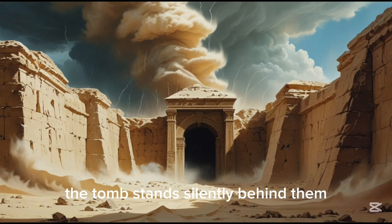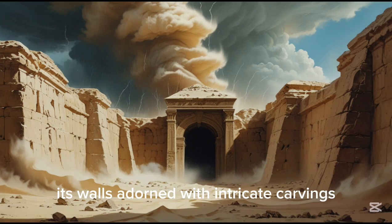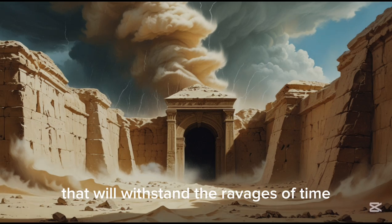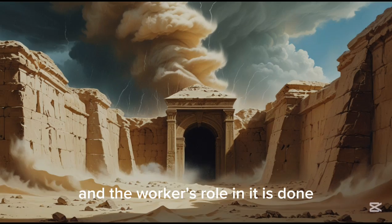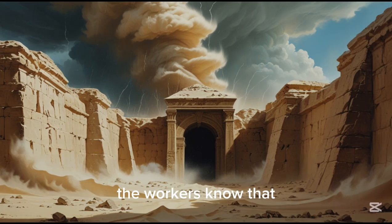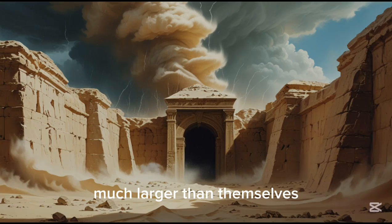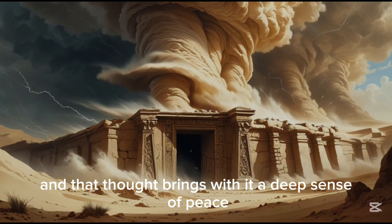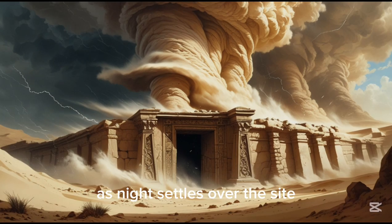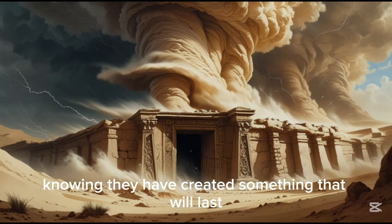The tomb stands silently behind them, its massive stone seal in place, its walls adorned with intricate carvings that will withstand the ravages of time. The pharaoh's journey is complete, and the workers' role in it is done. The workers know that, for all they've built, and for all they've done, they've played a part in something much larger than themselves. And that thought brings with it a deep sense of peace. As night settles over the site, the workers head home, their minds at ease, knowing they have created something that